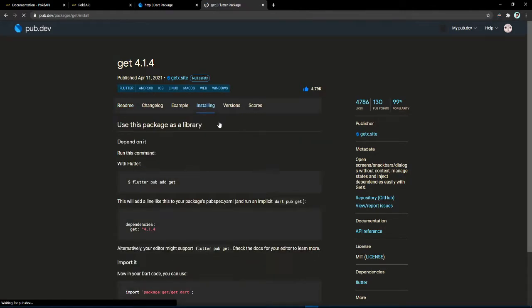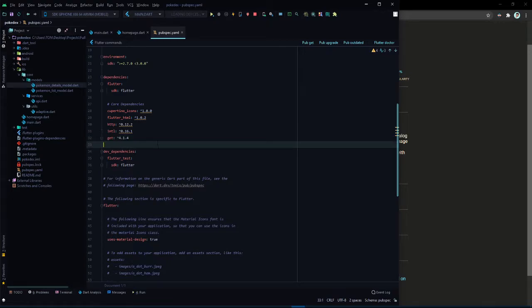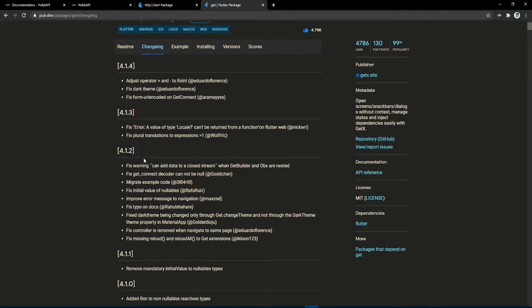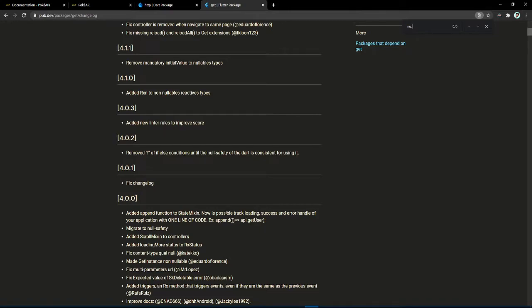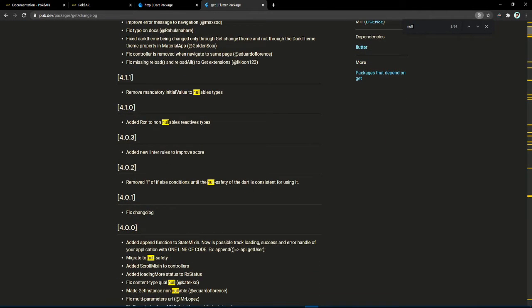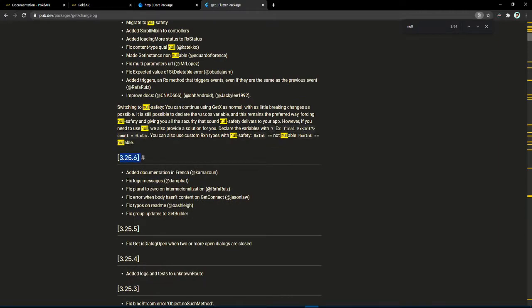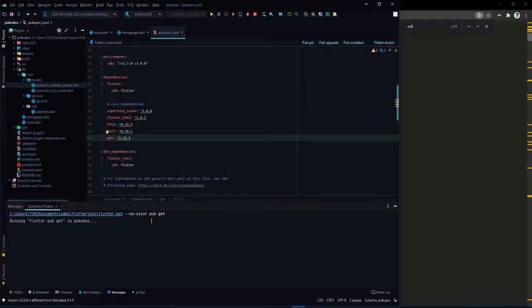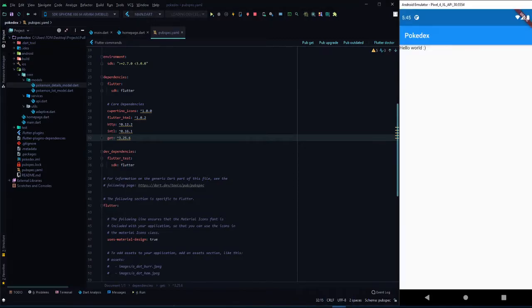So I need to install it first. First things first, let's install it. But I'm using Flutter 1.22, so we have to find the null safety version real quick. So null safety, we don't want that null safety package because obviously it's not gonna work. It's on 4, so we use the 3.25. Let's see if that works. Okay, there we go, no errors. And now,